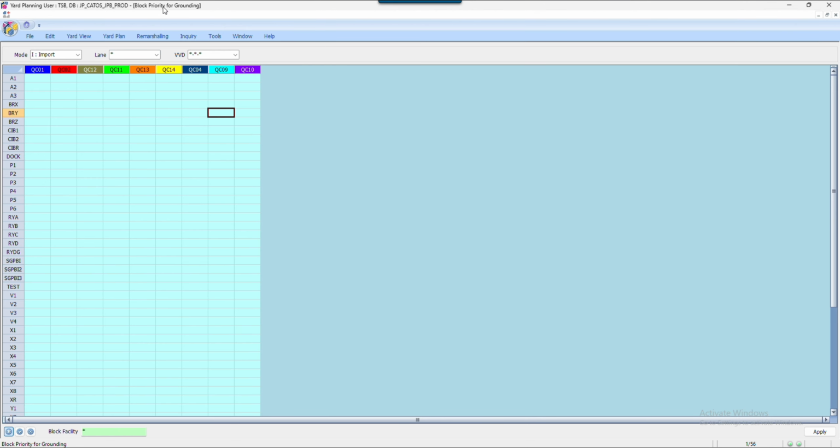This is the block priority for grounding. So we know this X1 and the Y1, Z1. Z1 is near to the berth. From the left to the right, X, Y, Z, right? Okay. So if QC1 is handling the discharging containers,